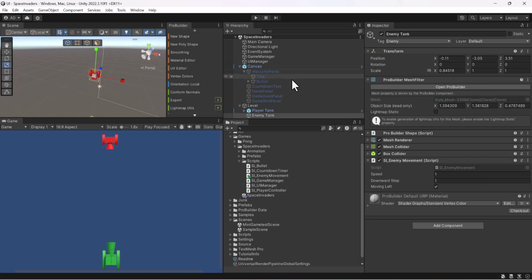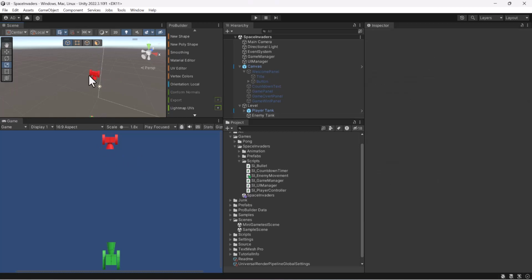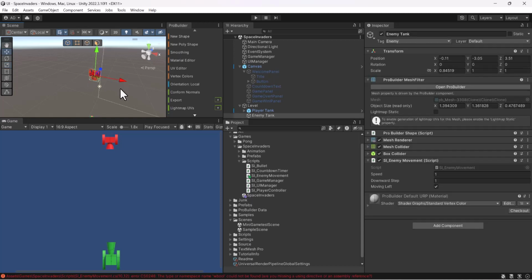And so that's kind of cool. All right, so let's go ahead and finish up the script so our character actually steps down when it hits the side of the screen. Actually, before we do that, let's make sure we know we'll probably make these public variables so we can adjust it later. But you can see that